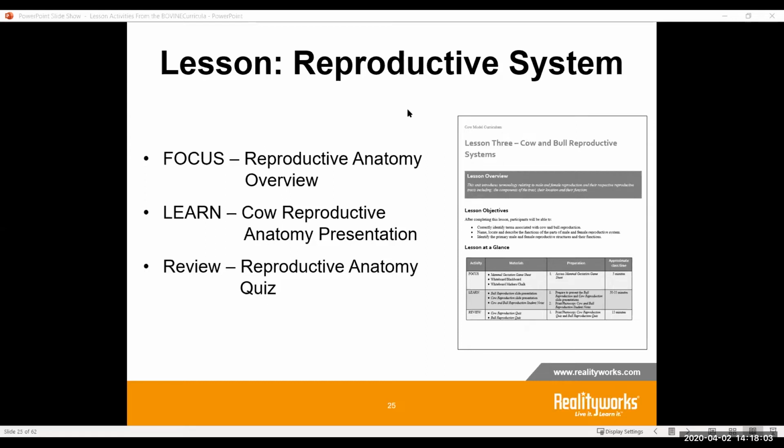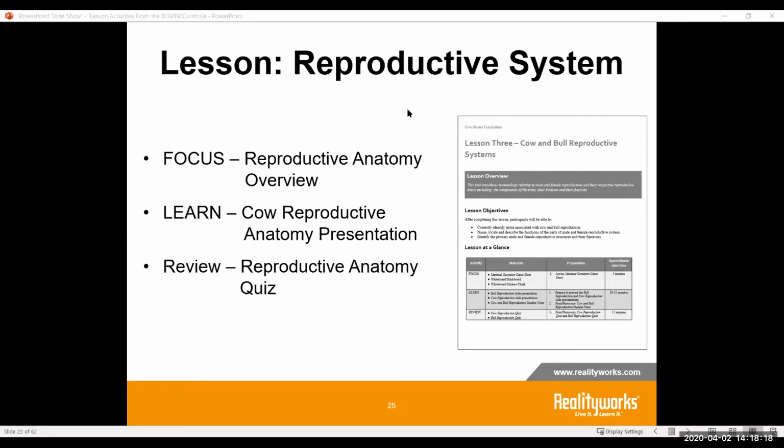So in this case, the reproductive system, we have another lesson, and it talks through the reproductive anatomy. What we're going to focus on now in the learn section has both the bull reproductive anatomy and also the cow reproductive anatomy.